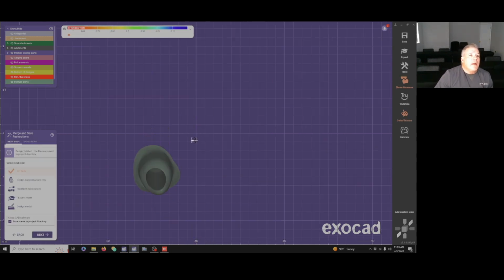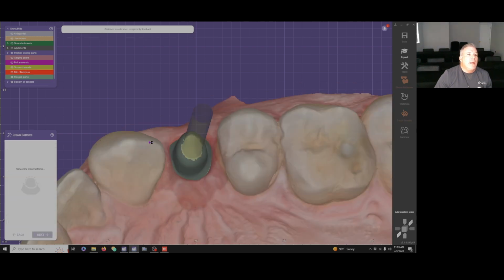Now here's my custom abutment. It's a titanium abutment that will screw into the implant. Now, I don't have the crown. The only thing we've done so far is the abutment. If I want to design the superstructure, which I'll click on right there and hit next, it will actually design